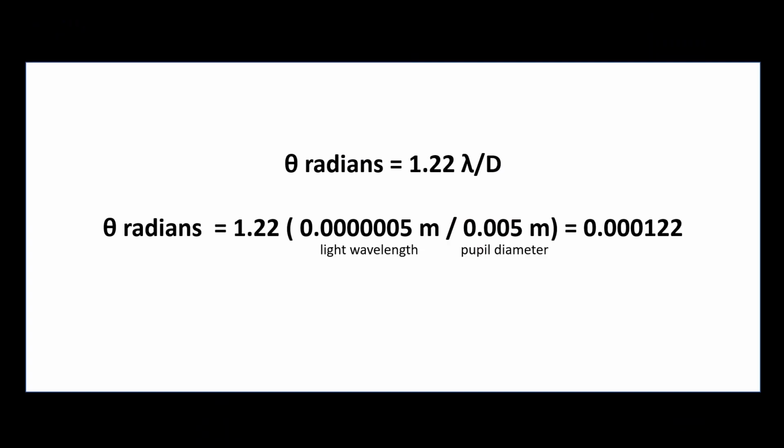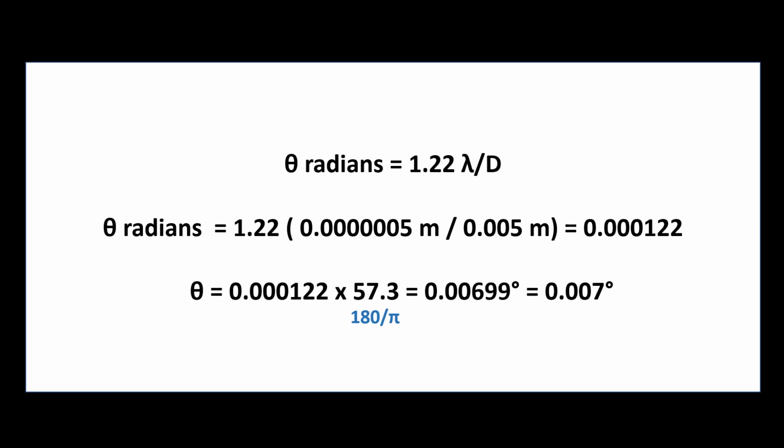Well, I'm not certain if he threw in enough zeros with his conversions, but also remember that 500 nanometers is in the middle range of visible light, and 5 millimeters is an average pupil diameter. But he did get the correct answer of 0.000122 radians. And to convert radians to degrees, he multiplied by 57.3, which is just a rounded off figure of 180 divided by pi. But the answer is actually 0.00699 degrees, which would round off to 0.007 degrees. But I'm just going to use his answer, although I am going to pull out my red pen